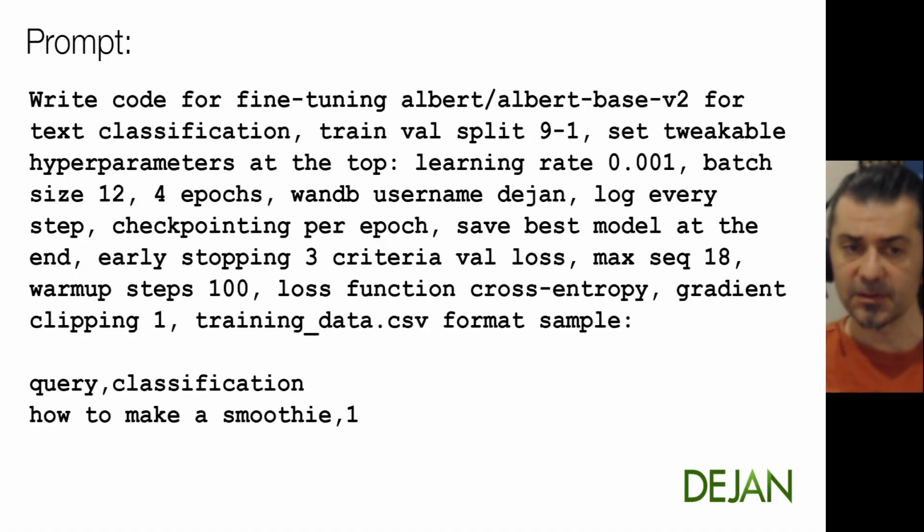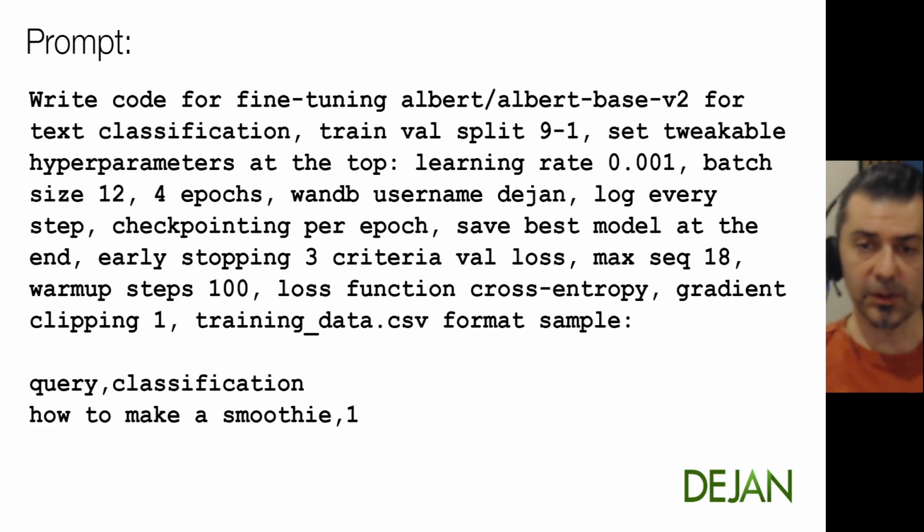I'm telling it to checkpoint or save a little model every epoch. That's basically, epoch is one round of going through the whole training data set. For example, if you train it for 4 epochs, the model will be training 4 times on the entire data set. And of course, save the best model at the end with early stopping criteria of 3. That means that if the model's not making any progress using the validation metrics that we've specified, the script will just stop training at that point.